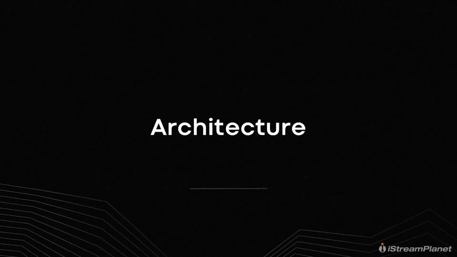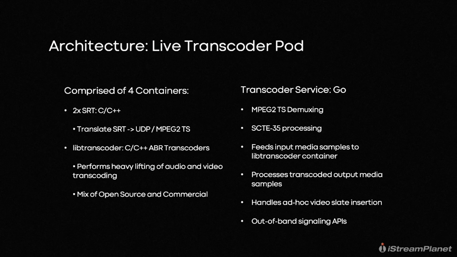With that, let's walk through some of the architectural components and how they work to achieve the goals outlined. We will start with the smaller building blocks and work our way up. The first and smallest component is the live transcoder pod. It is comprised of 4 containers: 2 SRT to MPEG-2 TS translation containers, one for primary and one for secondary, 1 C++ libtranscoder container that performs the heavy lifting of transcoding audio and video from the input source to the configured ABR ladder, 1 Go